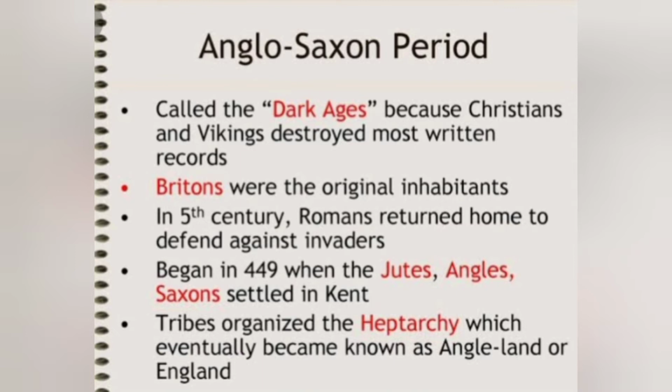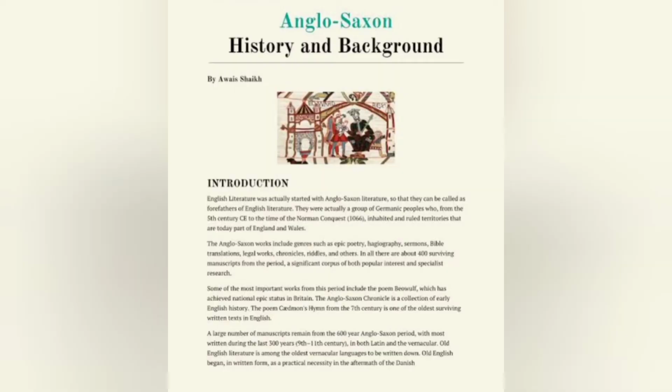Anglo-Saxon works include epic poetry, hagiography, sermons, Bible translation, legal works, chronicles and riddles. And they survived in four manuscripts: the Exeter Book, Junius manuscript, Vercelli Book and Beowulf manuscript. And there were two types of poetry, that is heroic poetry and religious poetry. Most of the Anglo-Saxon poets are anonymous, and based on the Old Testament, Caedmon was the first to use Old English